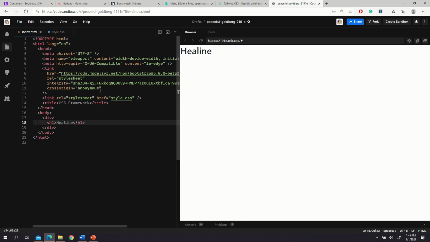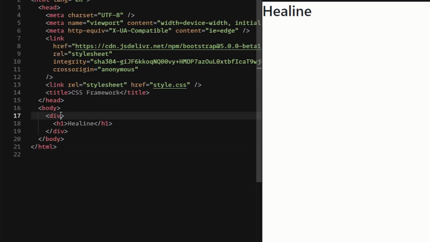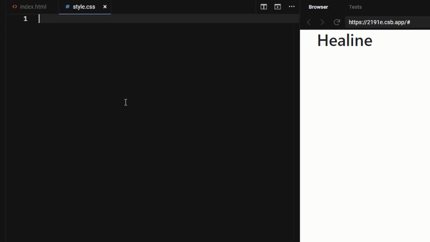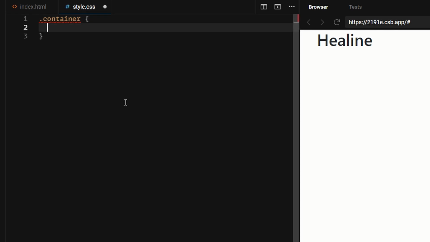So you have your Bootstrap link. You can also have your own style CSS where you can customize those Bootstrap styles yourself. So here I'm going to give this div a class of container, and I'm going to go ahead and save this. You see that it just created a little bit of margin. Now, to see what actually happened, let's go ahead and grab that container here in my CSS file and give this a border